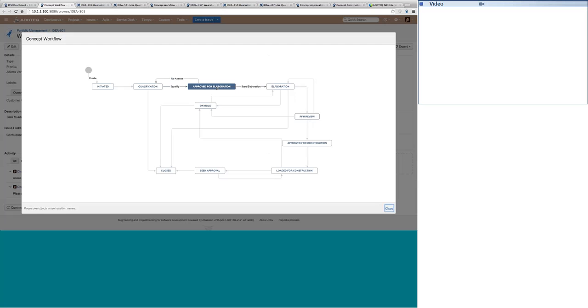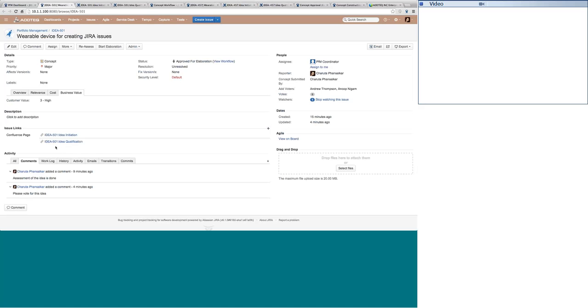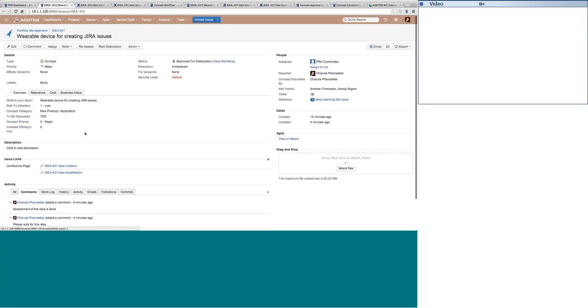So when we plan to do so much work on that, it is very much essential for us to prioritize the idea in the approve for elaboration phase. Now this prioritization can take place on the number of votes, or the group overview, the concept priority. So let's say that the concept priority here is labeled, and I feel that my idea is critical, and I want this idea to be addressed as early as possible. Now let's say that we want to start the elaboration.